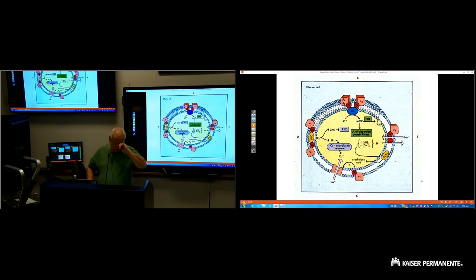Okay, uterus, pregnant mom, beta receptors relax the uterus. And again, that's referred to as a tocolytic effect. And on the next page,